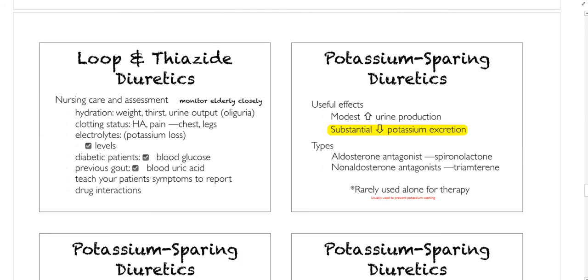So when we are giving a patient Lasix or a thiazide, we want to really make sure that we're closely monitoring the elderly, because they are at a much higher risk of developing side effects and losing too much fluid compared to our younger populations. So we're going to be checking things like their weight on a very regular basis, especially if they had a more urgent form of fluid overload. We're going to be assessing for thirst, urine output, color, quality, quantity,